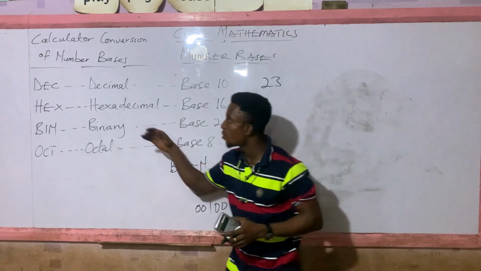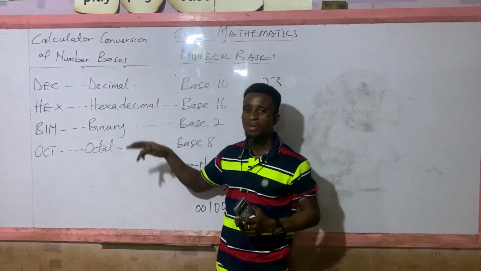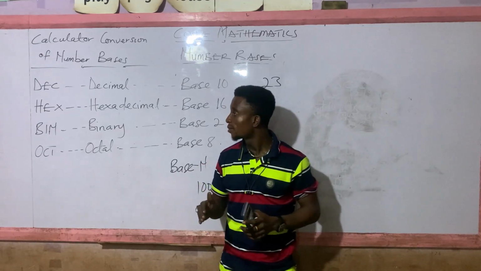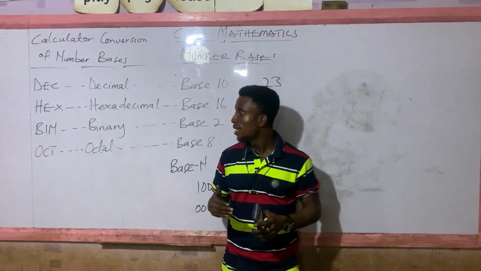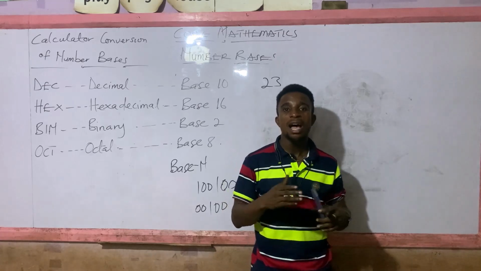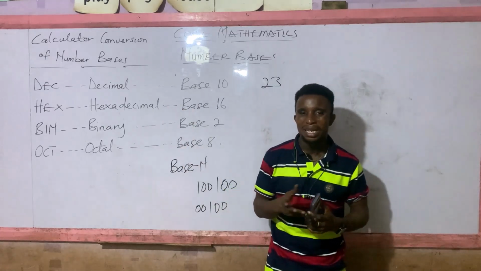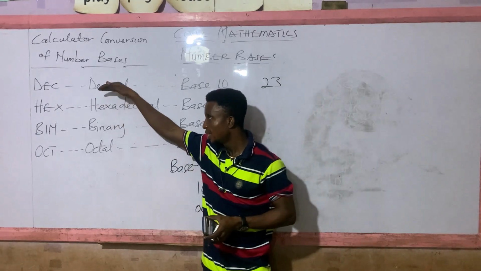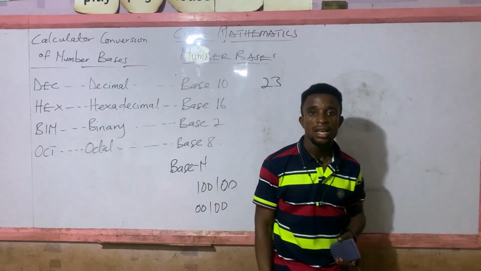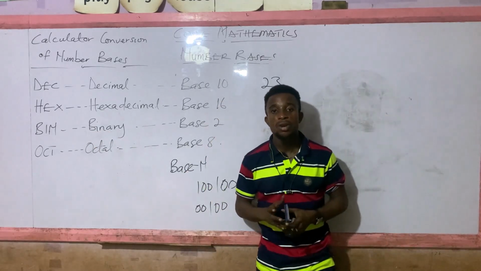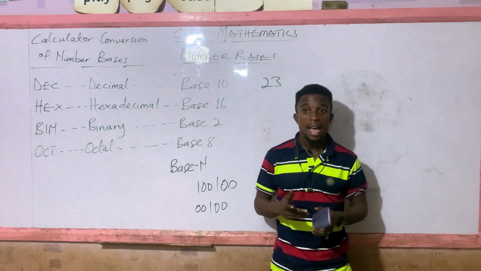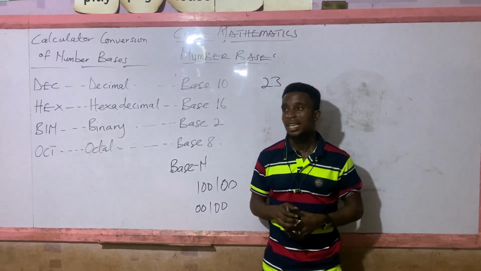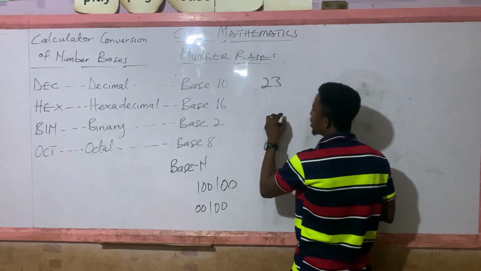So I said the calculator works for dec, bin and oct, because we are not dealing with base 16 here. All that we did, we never converted between base 10, base 2, base 8, and base 16. Base 16 wasn't part of it, so meaning you will not be given base 16. Are we getting that? So that is why I was only talking about the dec, the bin, and the oct. Do we get that? The calculator can also be used in doing some operations. For instance, the addition that we did, the calculator can be used in performing that. Are we getting that? Sometimes you can be given